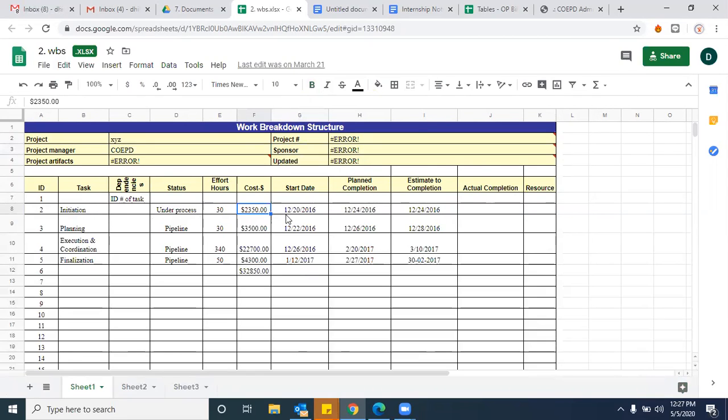And what is the actual start date? When you are going to plan to start this initiation, and a planned completion date, along with an estimated completion date or actual completion date. We kept two different ones, estimated and actual completion. The estimation is for when you don't have a clear picture of when it is going to be completed. For example, you calculated 30 man hours, and possibly you're expecting some leaves or holidays. Then you may not be clear when these 30 hours are going to be completed, right or wrong? At that moment, if you don't have any clarity on the end date, you can keep an estimated completion date.